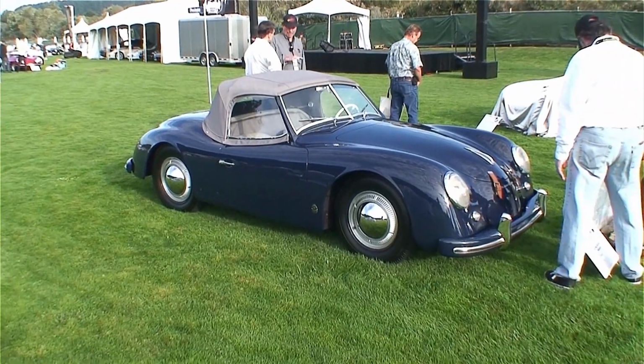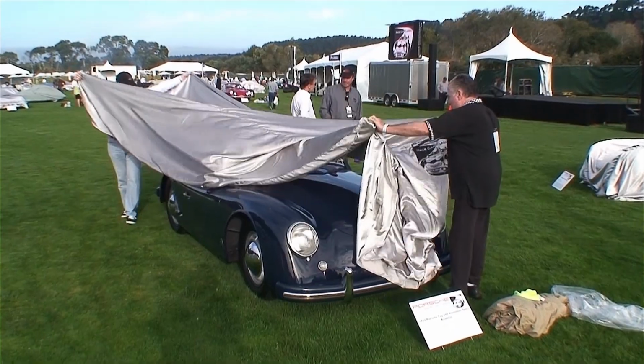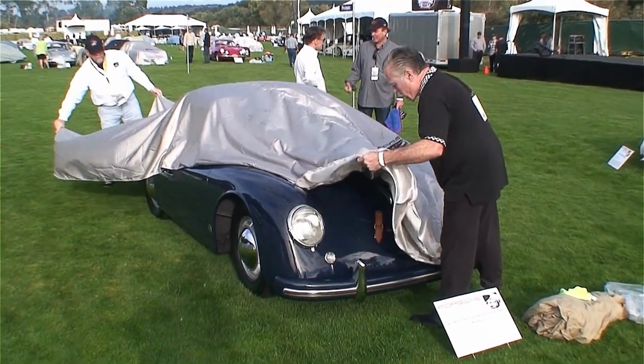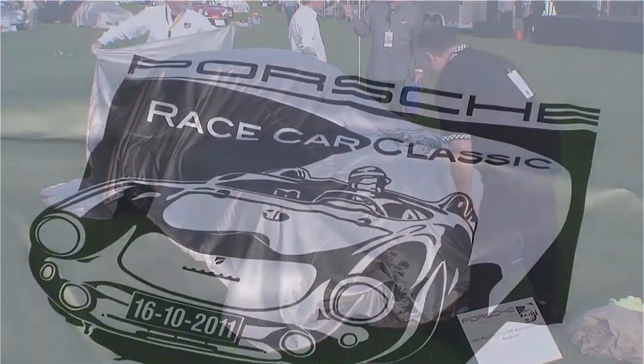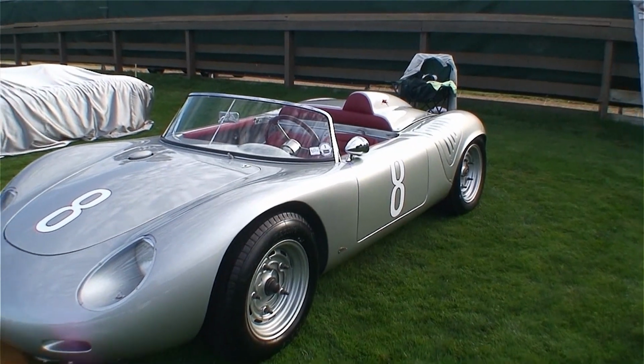1952. It's a Type 540. Now the cover's going on, and that's the one that's provided by the show, and they're all sort of a sheen silver with the logo on them. It's going to be very impressive when they're all unveiled. And the logo is very appropriate. 1960